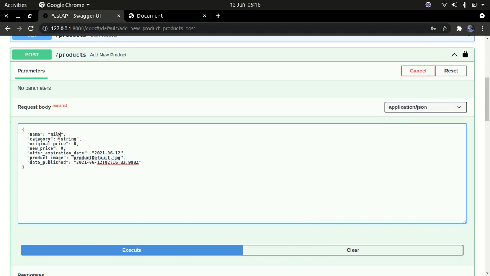Okay, milk something. I can say test user 123, so we can know that this has been added by test user. So we can say category, let's say grocery. The original price, you can say the original price was 100, and then let's say that they have given a discount of 10, so the new price will be 90,